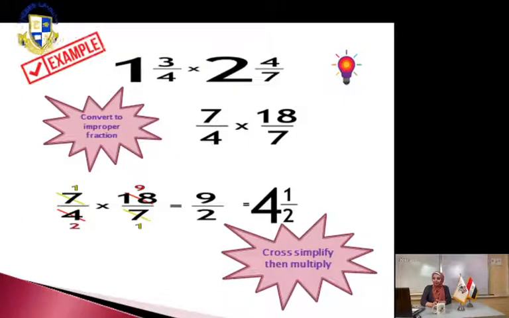Let's do the multiplication. 1 times 9 will be 9, and 2 times 1 will be 2. It will be 9/2. It's an improper fraction. We can convert it into a mixed number as we have studied before in primary 4, and it will be